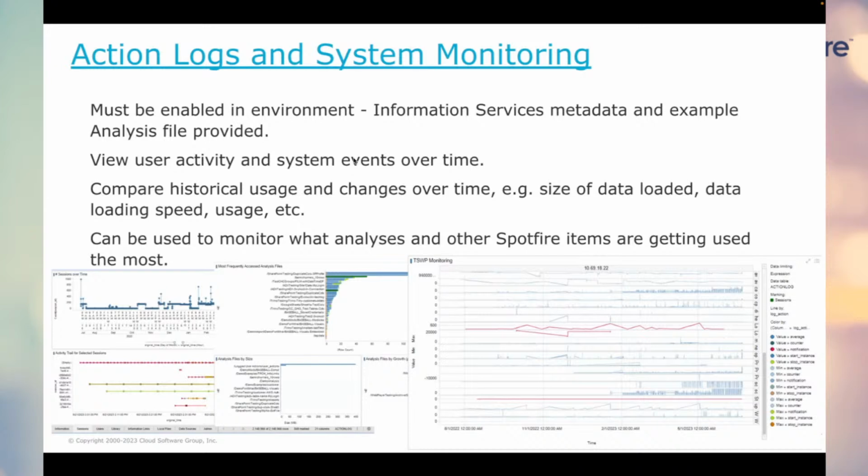When you set it up, you need to make sure you set a good pruning period. So, you keep it historically maybe for a year or for 6 months or however much time. The data is not that much because it's only recording when the user's doing something. So the user clicks on a button, they filter something, they change pages, they open an analysis, or an admin does something. It records what's going on at that time.